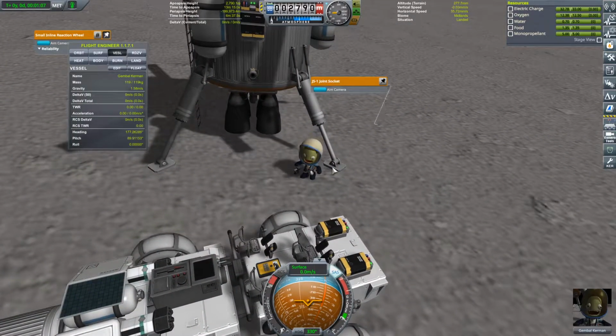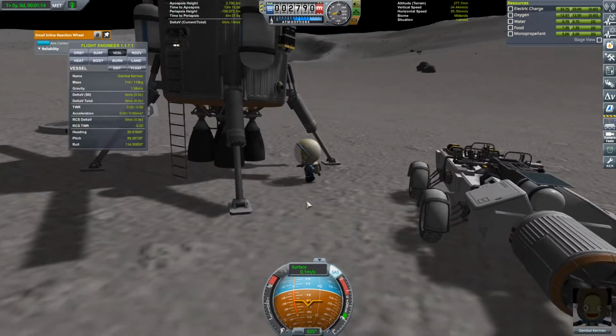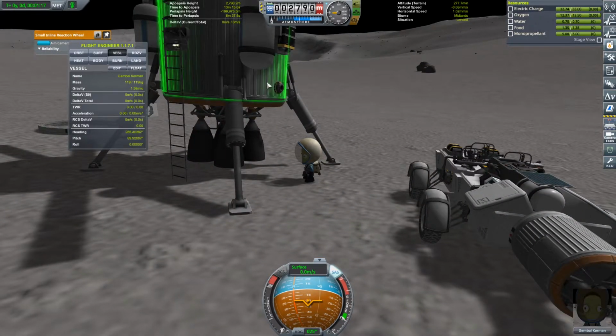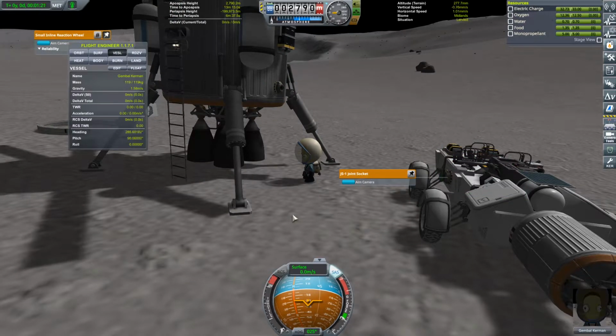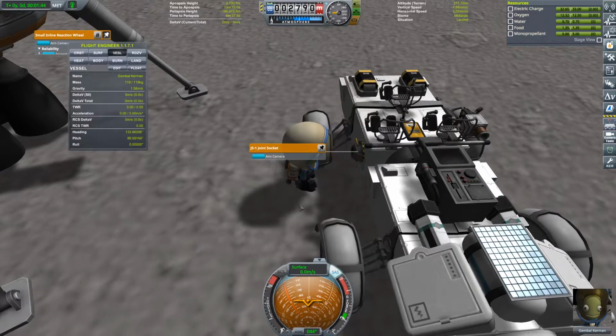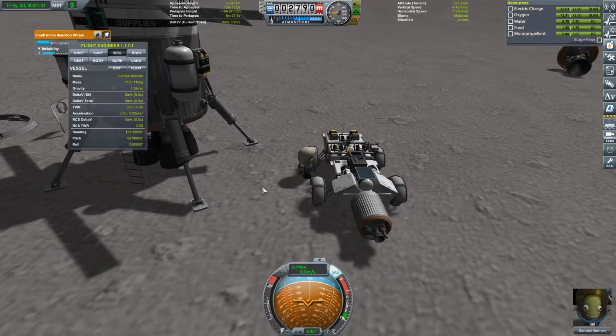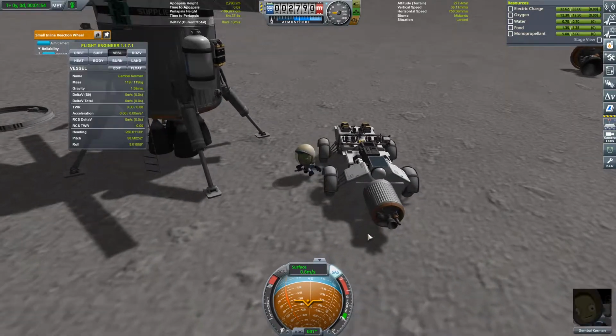Oh, do you know something? I believe this has changed. And I might have messed this up. Yeah, I think this has changed. Before, you used to be able to link one of these to one of these. Now, I think you need... These are the connection points, and you need like the... It's like a winch, I think. Interesting. If I press right control, I get a G-Sync X turn up on there. I don't know what that means. But yeah, so I might not be able to link these up together after all. Which is a little annoying. Not the end of the world. No, it is, because we can just...